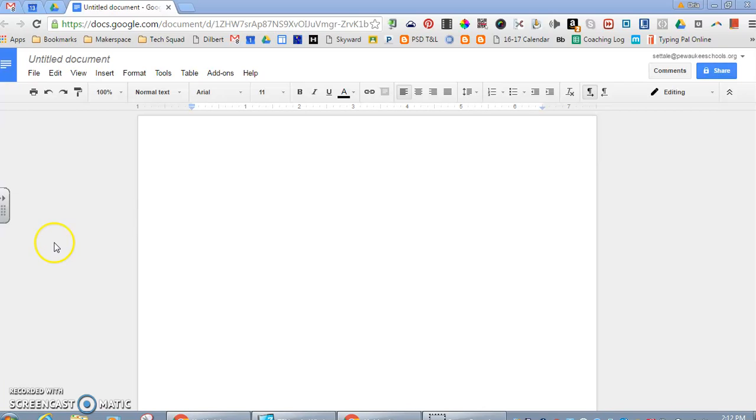First of all, I want you to take a look at the toolbar across the top of the screen. There are lots of different features to explore, and your teacher will definitely introduce many of them to you. But to get started, I want to show you a few basic things. As you begin typing your document,